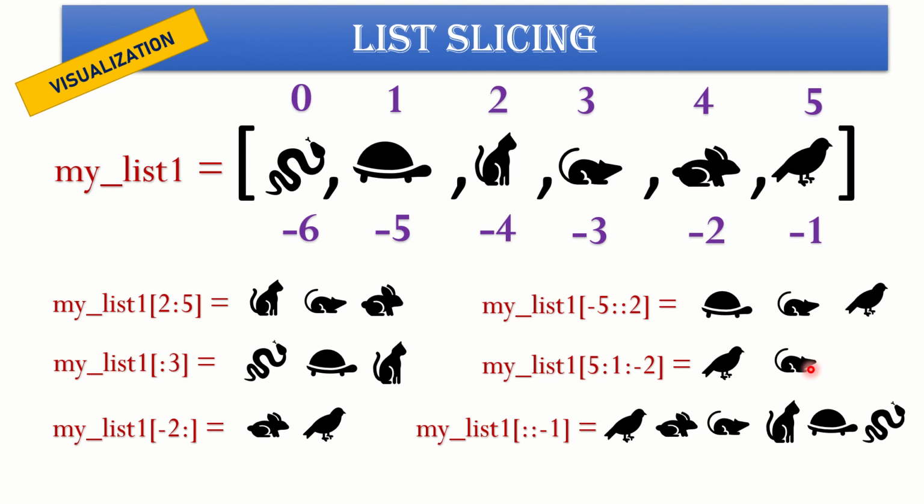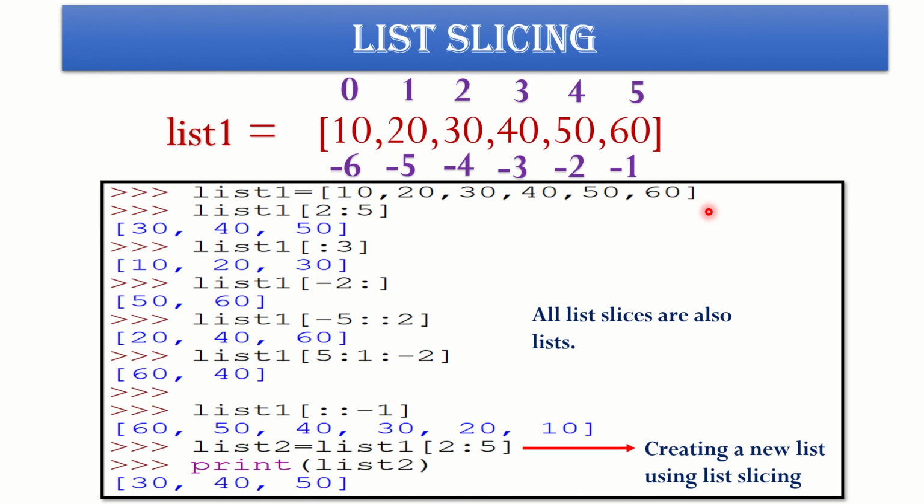Now, if I want to display the list in reverse, then I can denote it using this. I will not give the starting position or the ending position, and I just give the step as -1. So this list will move backwards, and so the list will be displayed in reverse. Let us see this notation in Python now.